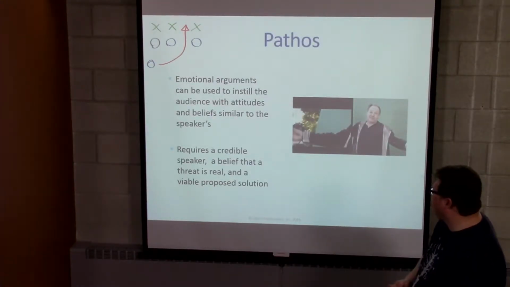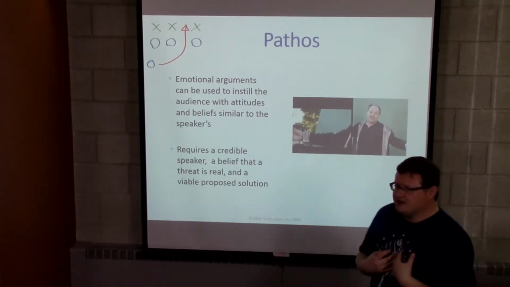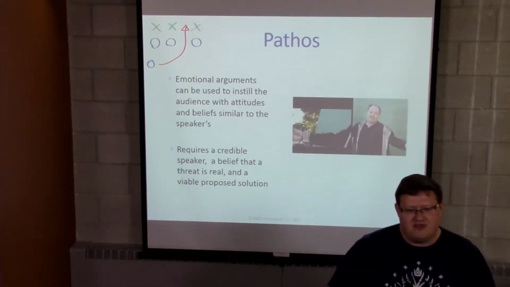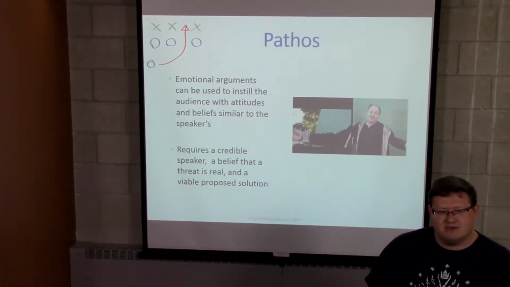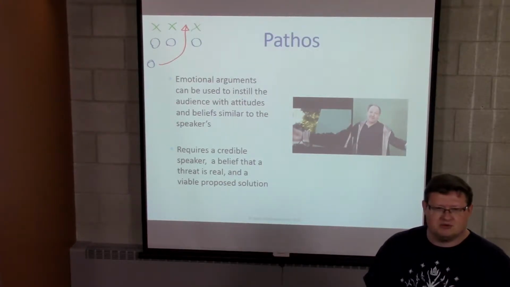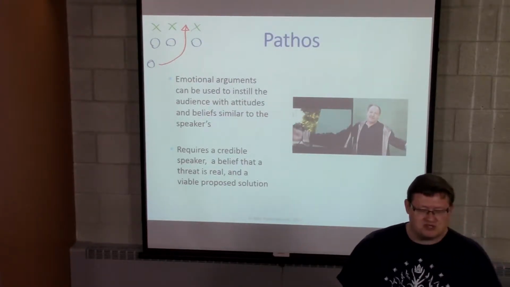So we reason from analogy all the time, and that creates a variety of different kinds of conclusions and implications from that reasoning. Okay? When we talk about the idea of pathos, we talk about the idea of emotion. Emotion is used all the time. In fact, more and more evidence is demonstrating that we often respond more to emotion than we do to logic, which to me is unfortunate.